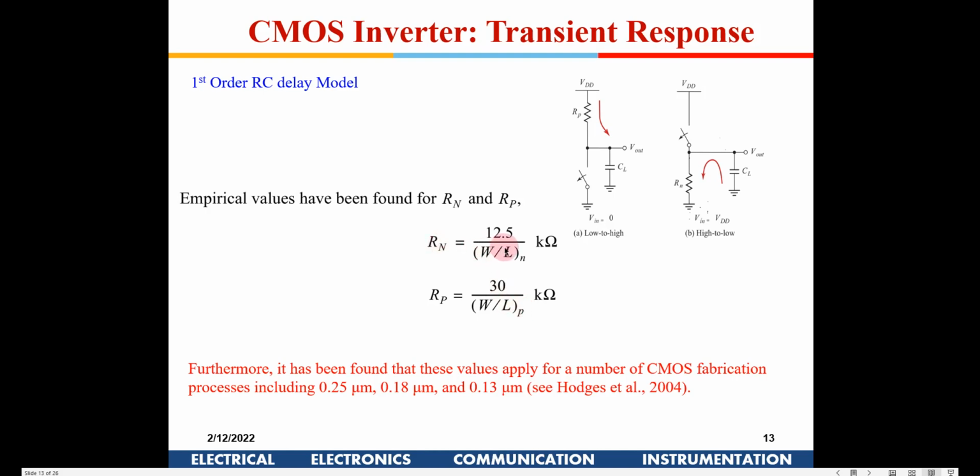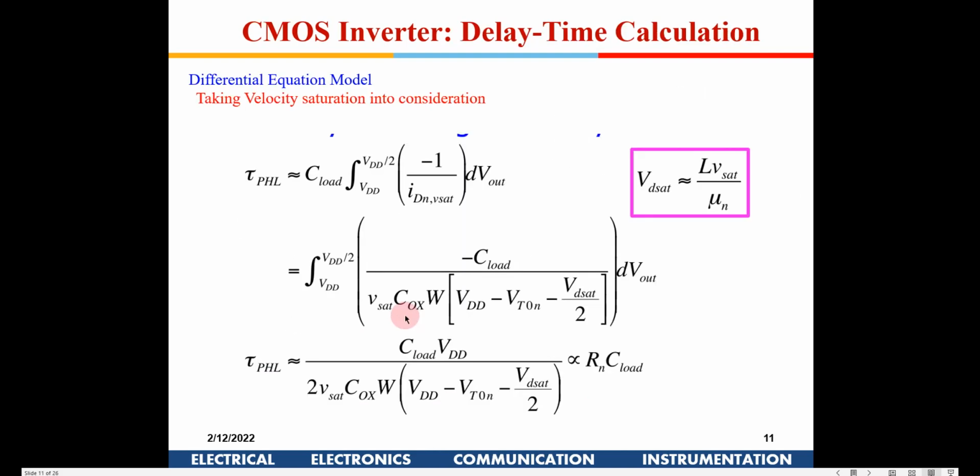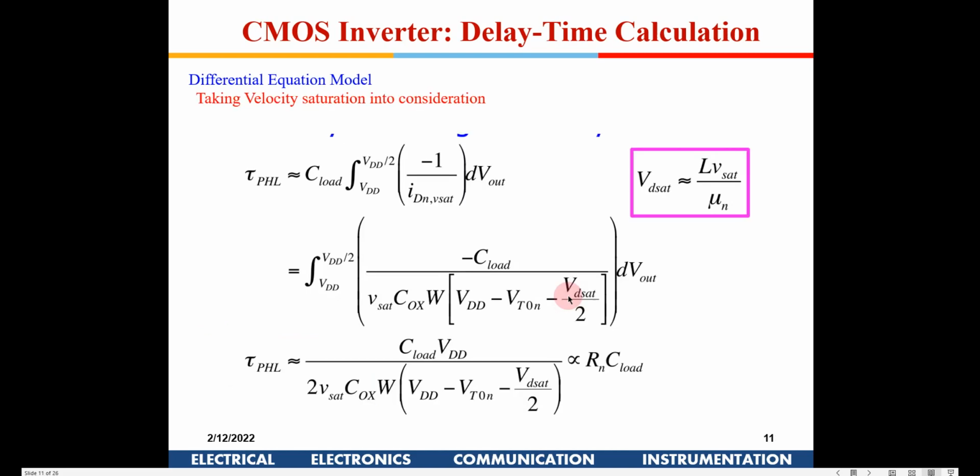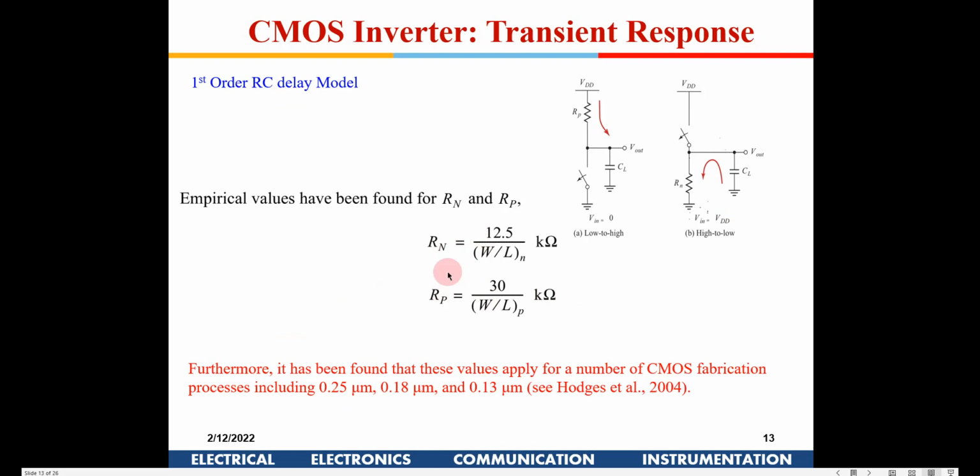Right, if you see here Rn is lower, Rp is greater. That is because of the mobility issue. Even in the other equations, if you try to solve that, you will get the same, because the Kn is different here. For each of it there is Kn here, and here it will become Kp. So if you have to offset Kn and Kp, the widths have to be accordingly modified. So same in this model also, Rn